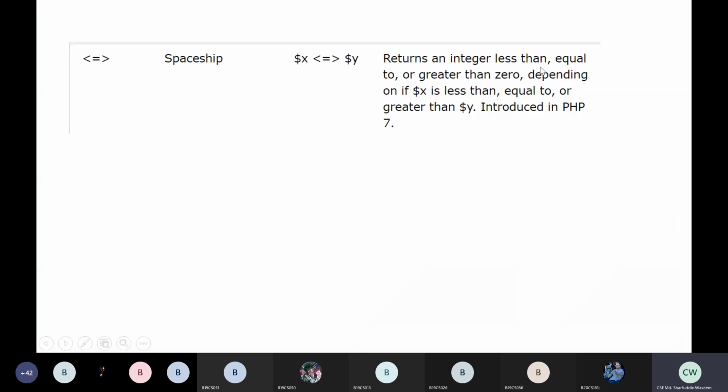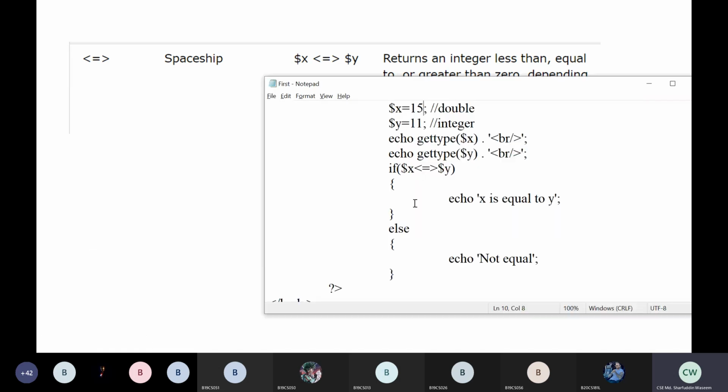It returns an integer, either less than, greater than, or equal to 0, depending on whether $x is less than, equal to, or greater than $y. How much less than, greater than, or equal to y it is, that much amount it will actually return us. Okay, so to understand this, let us store this in an